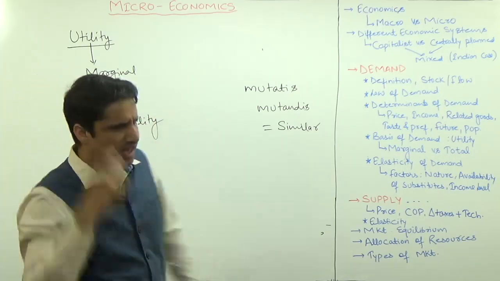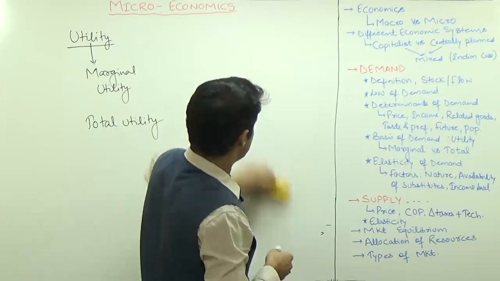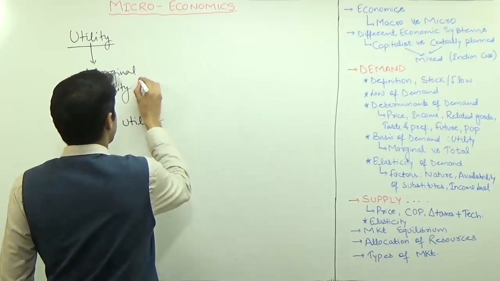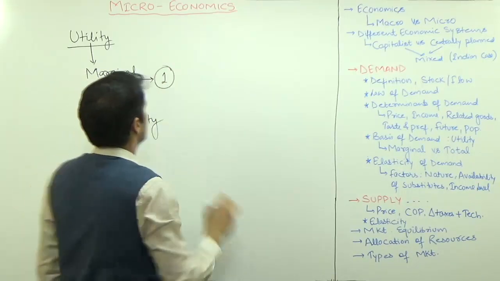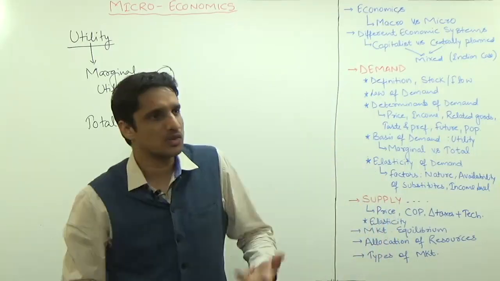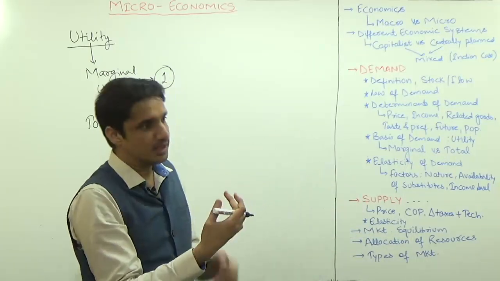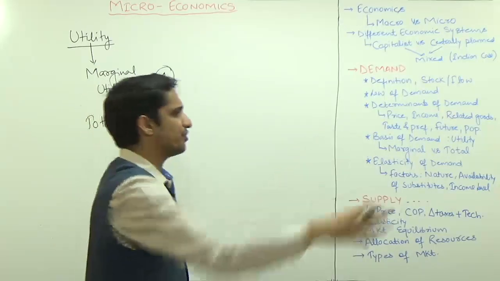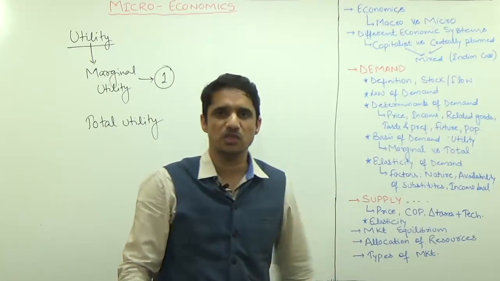So utility is nothing but the psychological satisfaction that you derive. The want satisfying power of any commodity is known as the utility of that commodity. The marginal utility is the satisfaction that you derive after consuming one item. That is known as the marginal utility of that thing. Suppose you are consuming apple. The marginal utility of the first apple will be high. The marginal utility of the second apple will be slightly less. Maybe after 4 or 5 apples, your marginal utility will become 0. Now you don't want to consume any apple.